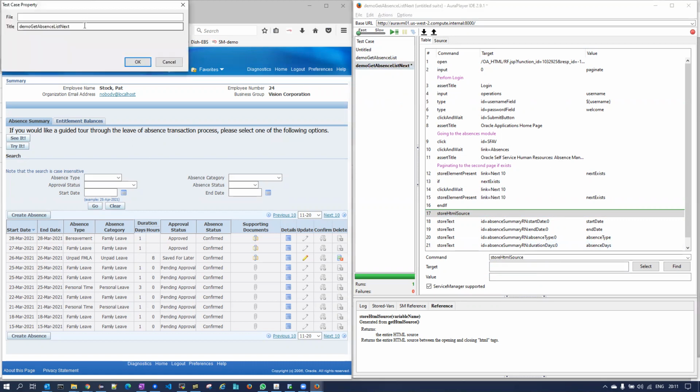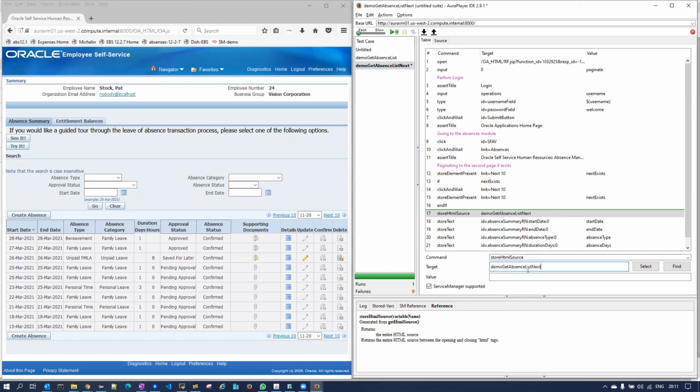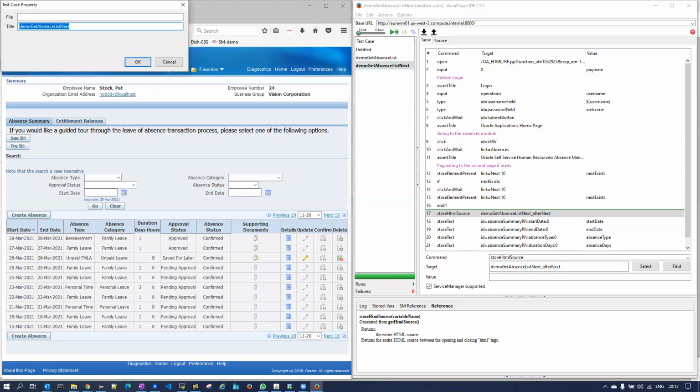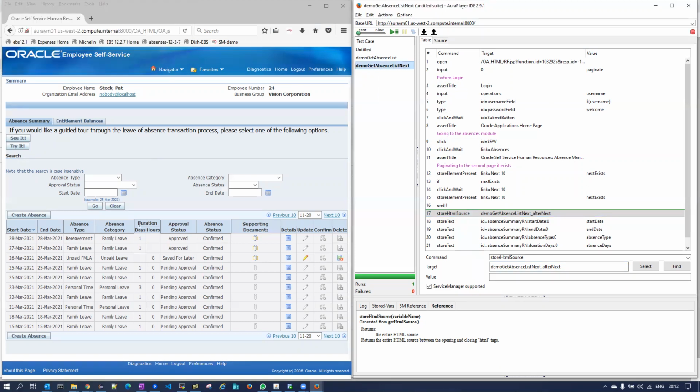I would usually recommend to take the name of the service as a prefix because the temp directory is a shared directory for all the services. I want to differentiate my snapshot from other files, and let's call it after next. Okay, now I'll save it